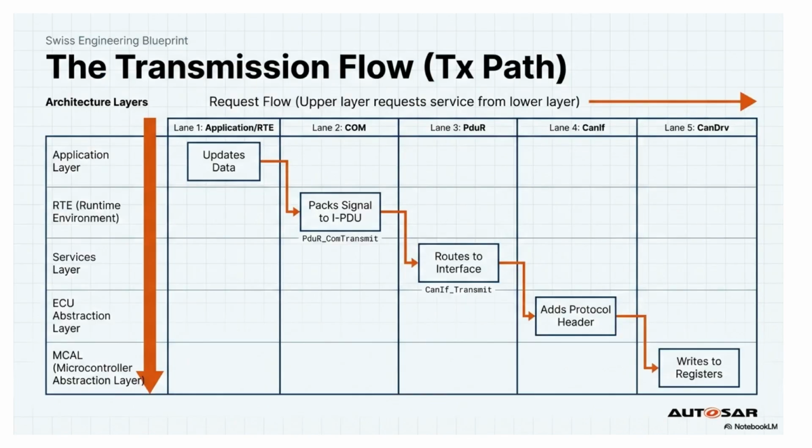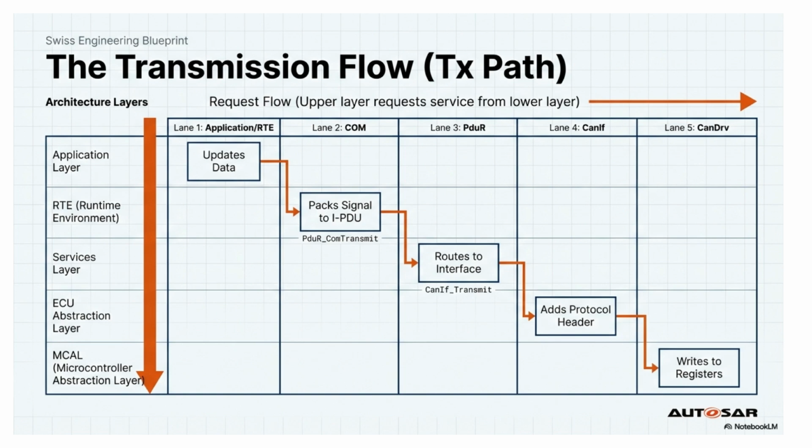To understand the COM stack in motion, we must examine the transmission flow, or TX path. This is a request-based process that moves data from the top layer down to the physical hardware. It begins in the application layer, where a software component updates a functional value and sends it to the RTE. The COM module then packs this signal into an IPDU and issues a transmit request, typically using the PDUR_COM transmit